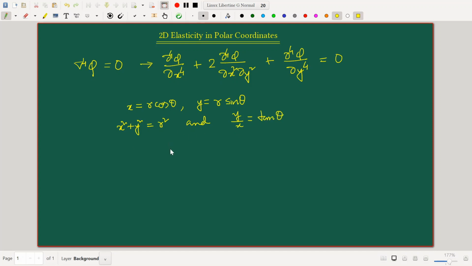From these two relations, what we can do is convert these derivatives del x del y in terms of del r del theta. It's not going to be very straightforward, but we can find out the conversions from this xy system to the r theta system, and that is exactly what we'll do. And for this development, we'll follow the route that is presented in the classic book on elasticity by Timoshenko and Goodier. Okay, so as a first step, you please note that